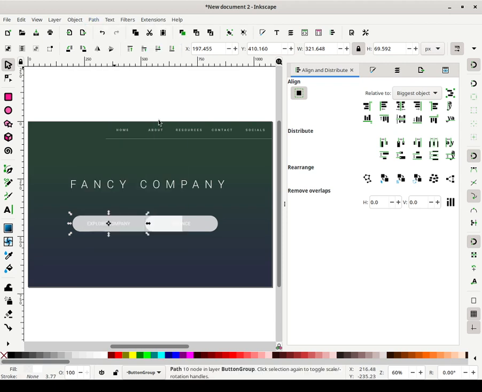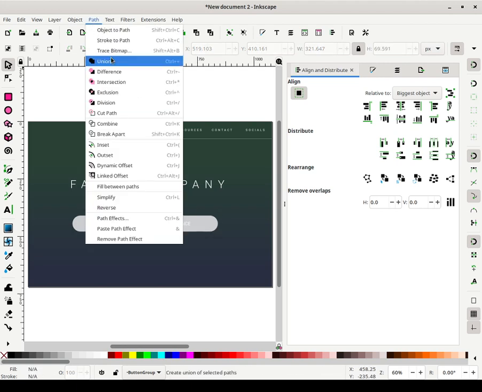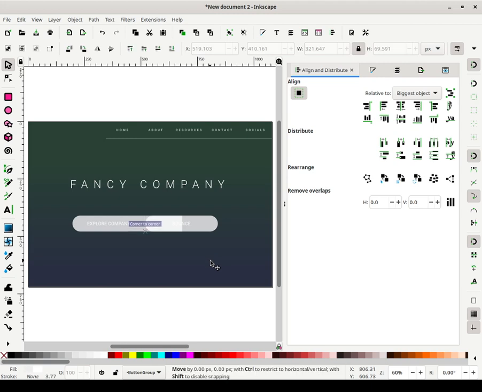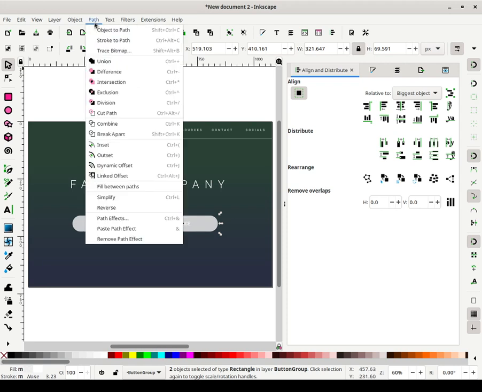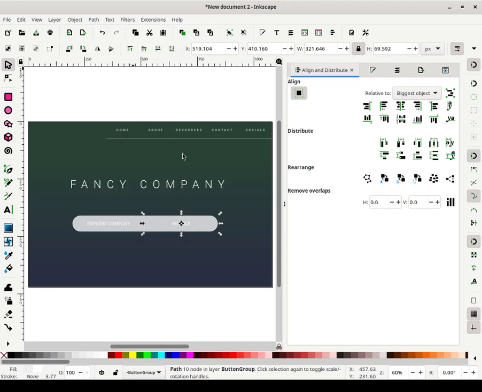Alright, so we're going to use Union on these. Why isn't this selecting the other object? There we go.